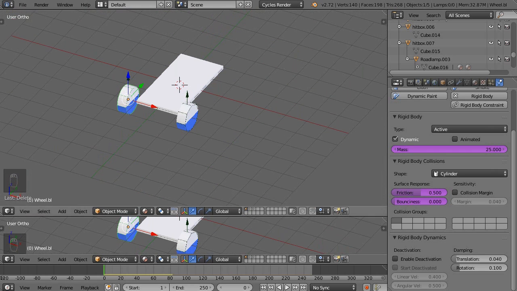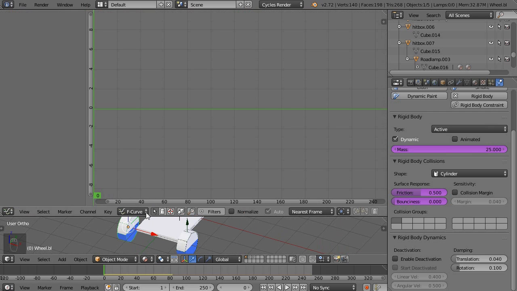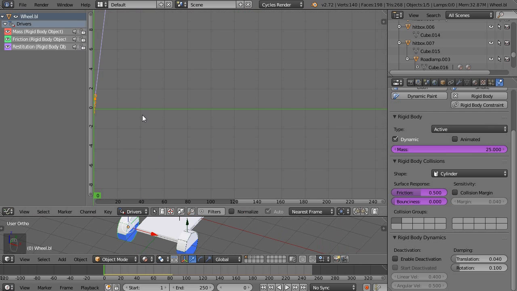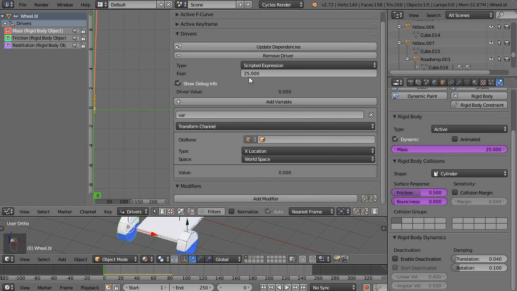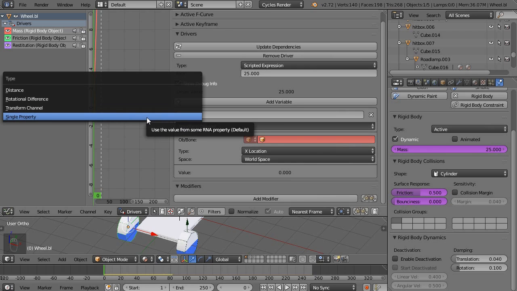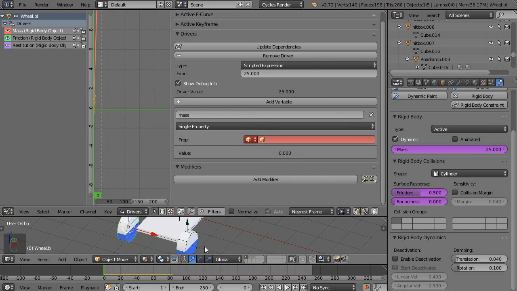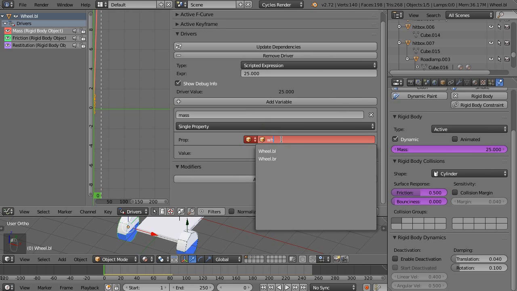Go to graph editor and change F-curve to drivers. Select mass and slide this. Okay, we must change something in this place. We can call this variable mass or whatever we want, and we don't want to transfer channel, we need only a single property, and we want to copy this single property from this object, from this wheel, so we must choose it